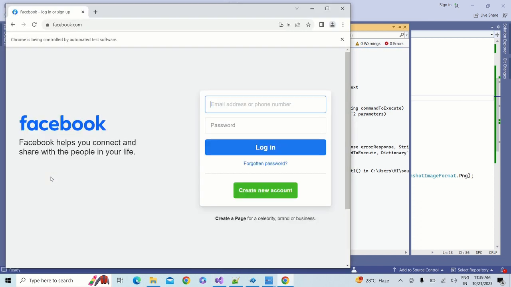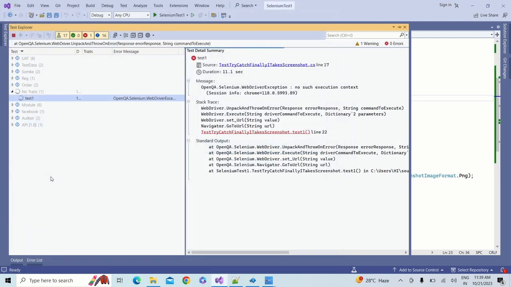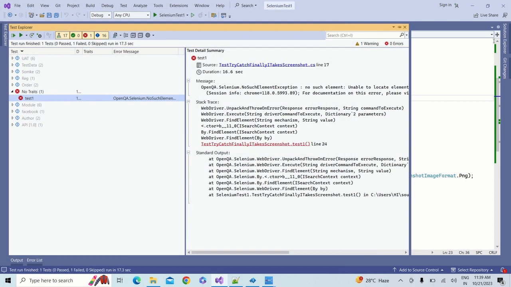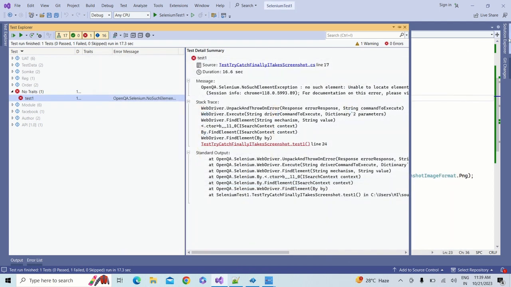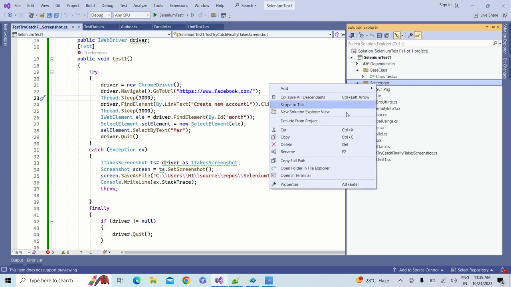So now if I go to that location, if I open this one, see, so this time you are getting that create new account is not found, and